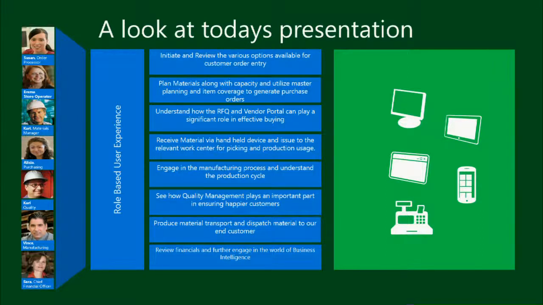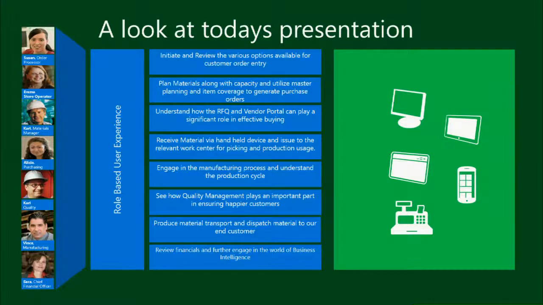Once we've done that, then we're going to work through firming up that purchase order. And then Lachlan's also going to launch us into the RFQ process, understand what's available from a vendor standpoint in that request for quote. How do we gain details from our vendor in terms of bidding for work? What does the portal actually look like? So he can show you how that plays a significant part in that order to cash, procure to pay type